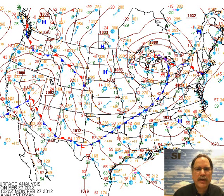A very frosty start here in the Mid-Atlantic region this morning, but plenty of sunshine today, and southwest winds will boost temperatures way up in the 50s, well above normal throughout the Mid-Atlantic region today. However, big changes are coming over the next 48 hours or so, and there's a good chance of a wintry